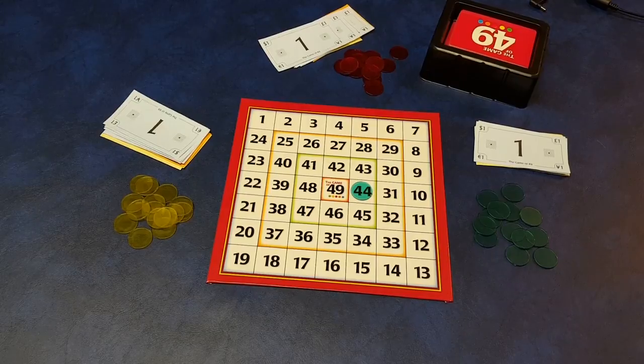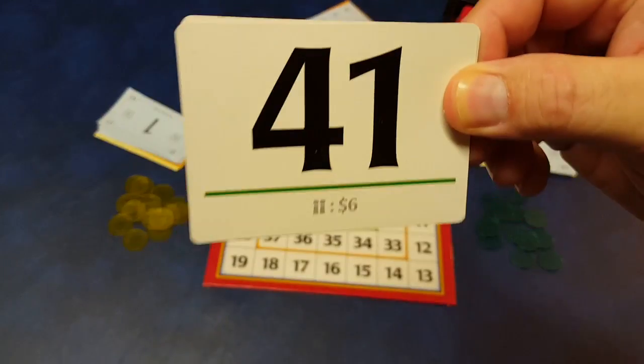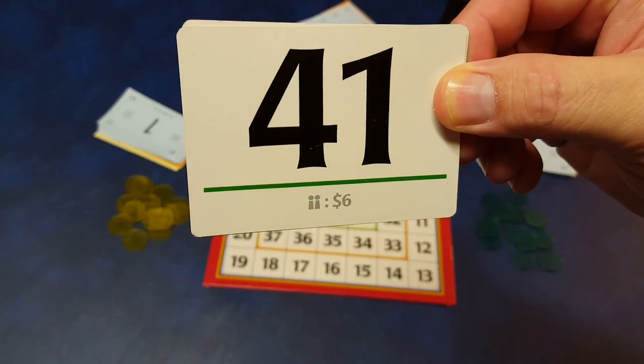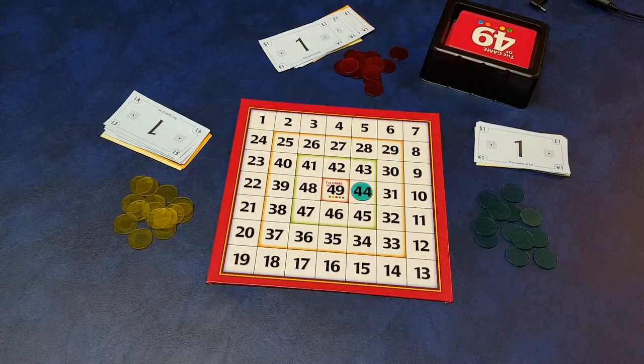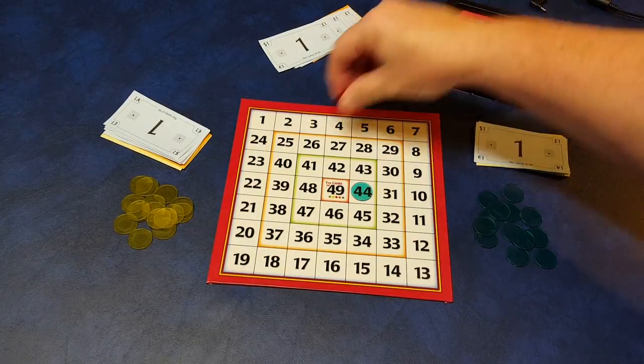The next player, in this case yellow, then would get to pick the next card, and let's say it's 41, and then he would place a bid and you'd start over until someone won that bid. So let's say